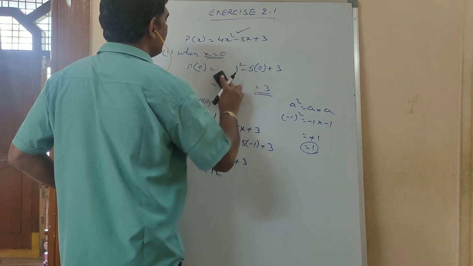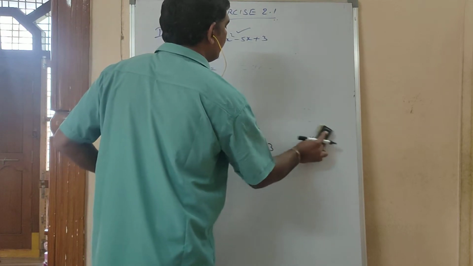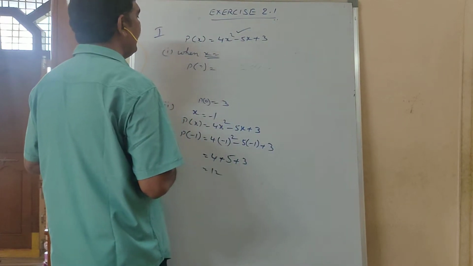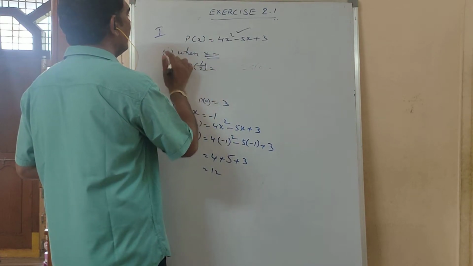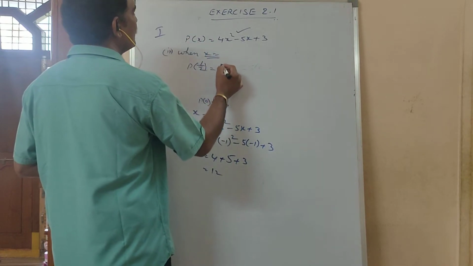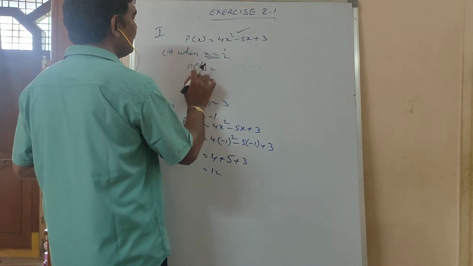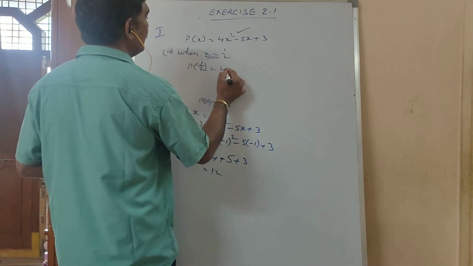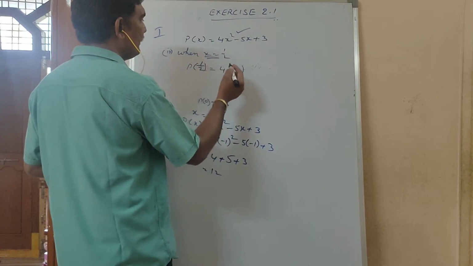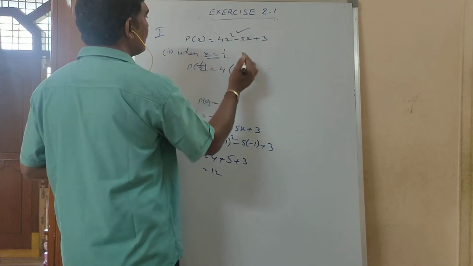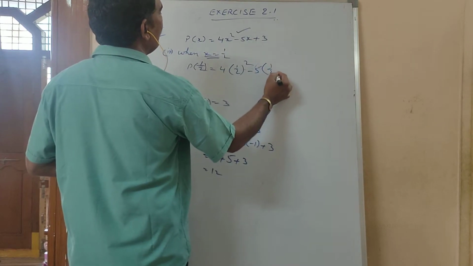Now x is equal to 1 by 2. So you have to find p of 1 by 2. Wherever you are seeing x, in place of x you have to substitute 1 by 2. You should not write x. In place of x, 1 by 2. For x square, 1 by 2 also square. For 5x, 5 into 1 by 2, plus